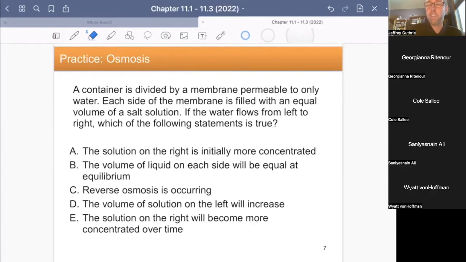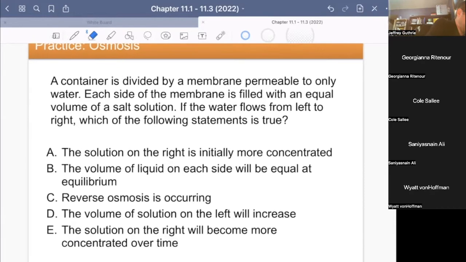So I have an answer of A. All right, so far everybody's saying A. All right, so A is right. Okay, the solution on the right is initially more concentrated. So if you wanted to draw a little diagram, here's our